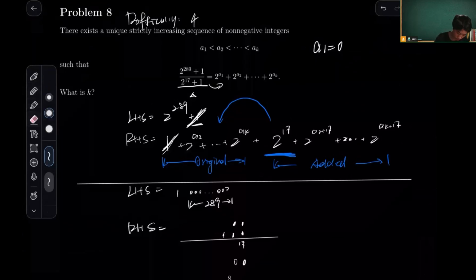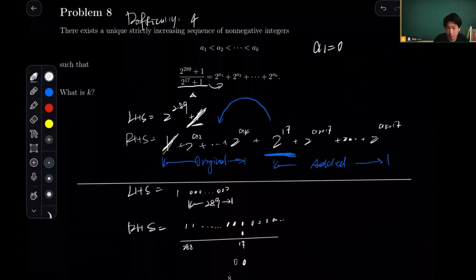Essentially, what the conclusion here is, basically, in the end, the string is just going to look something like this. Here, this is the 288th digit, and if you add the string up there, of course, there are zeros at the end. If you add these two strings together, you would get the left-hand side. That means we must place exactly